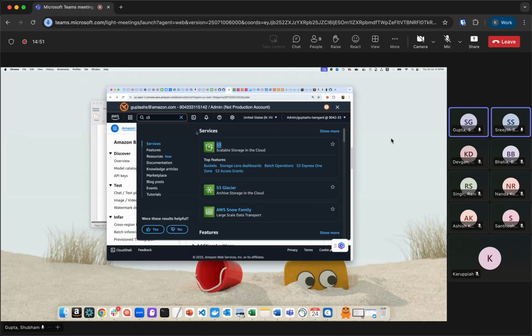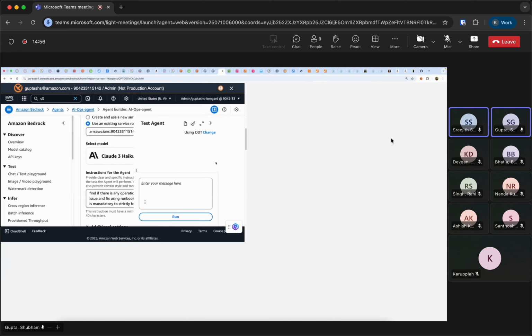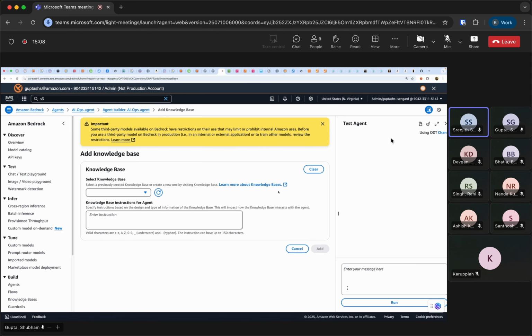So one question here. For the knowledge base, is it like that we have to put these doc files with certain formats across them, and in S3 is this how we create the knowledge base, or are there other options?